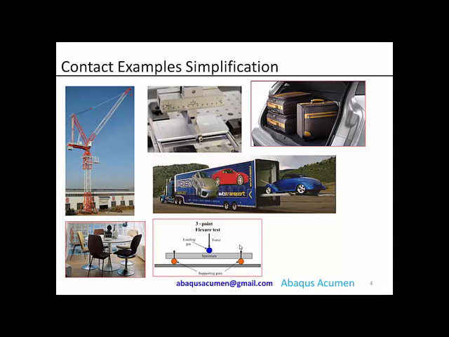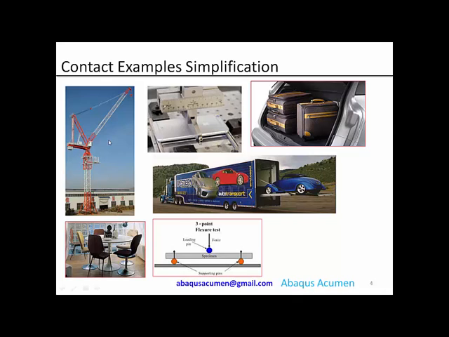Now let's take a very simple example. Take a 3-point flexural test. You have two support pins and then you have a loading pin. So at two places you have support, and in the middle we have a loading pin. You can model this problem by putting a proper boundary condition at the supports, and the load, which is a line load, you can represent using a line load, and without changing the physics of the problem you can still solve it and get an accurate answer.